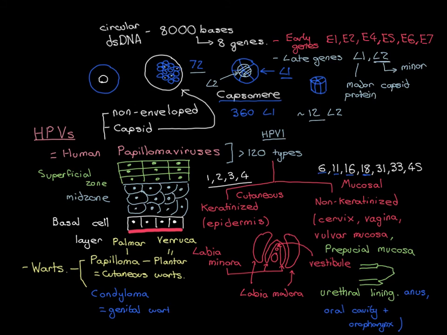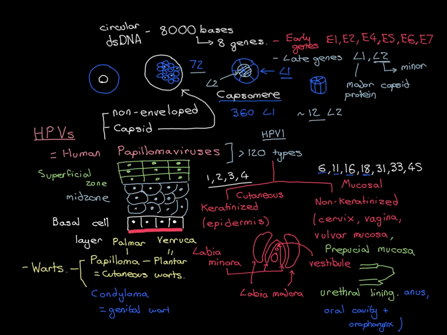So to summarise then the structure of human papillomaviruses, they all have the same structure. They are non-enveloped, they do not have a phospholipid bilayer around their capsid, they are not scraggly, ugly viruses like HIV. Instead, they just have the capsid, which is made up of 72 capsomeres, which are all pentamers of L1, some of which have the minor capsid protein L2 bound to them. 1 in 6 of the capsomeres will have an L2 protein bound to them. You put all of those together to make the surface of a sphere, and then inside that surface of the sphere you put the genome, which is a circular piece of double-stranded DNA, 8,000 bases long, which codes for 8 genes,